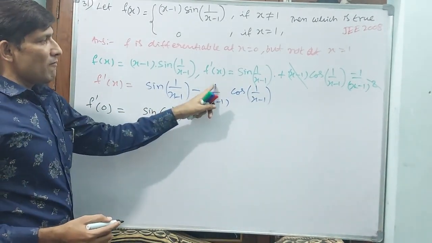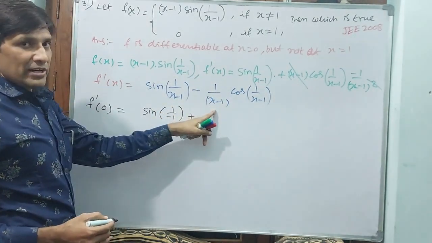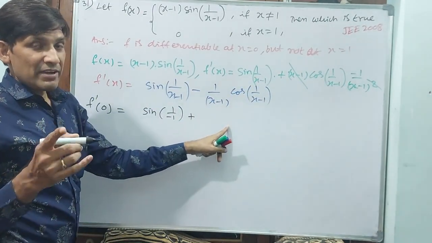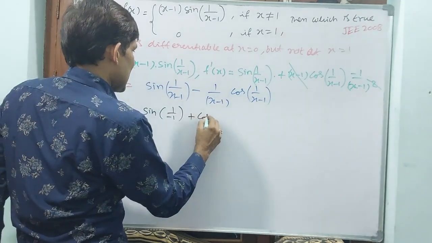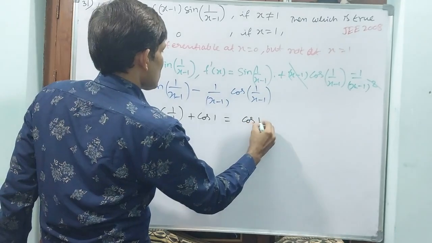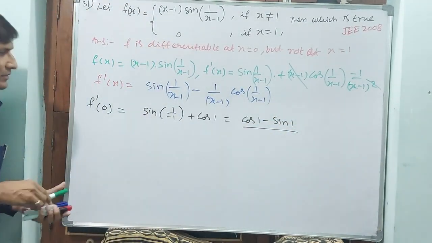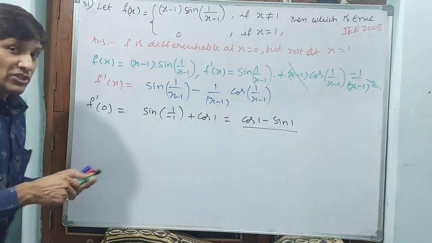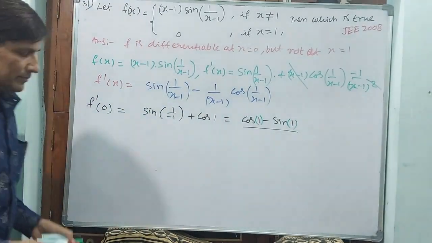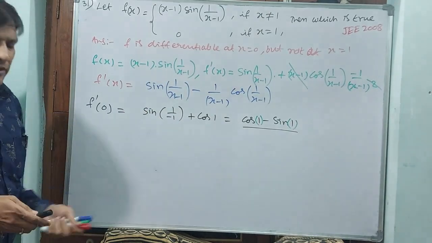If you apply 1 by minus 1, it is minus. Minus of minus is plus, so this is going to become plus, and this is not required then. Cos of 1 by minus 1, but cos having minus means plus 1 only. That means cos 1. So finally, cos 1 minus sin 1. That means this is differentiable. Okay, we see at f dash 0, this is differentiable.